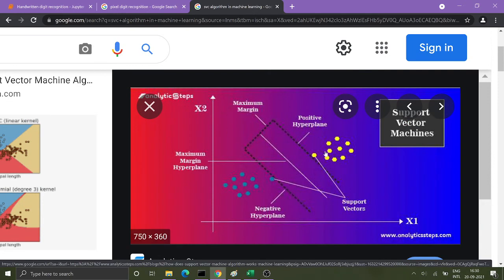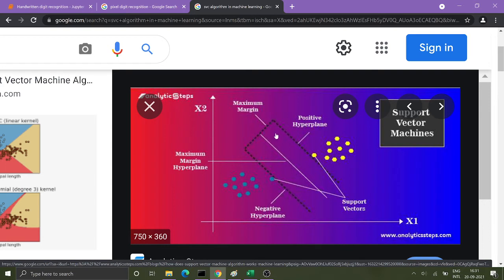Let's say this is the 0 digit and this is the 1 digit, right? The margin we have to draw should be in that form that it takes the outlines of the zeros and ones, the minimum distance between the two, and from there we draw the margin.